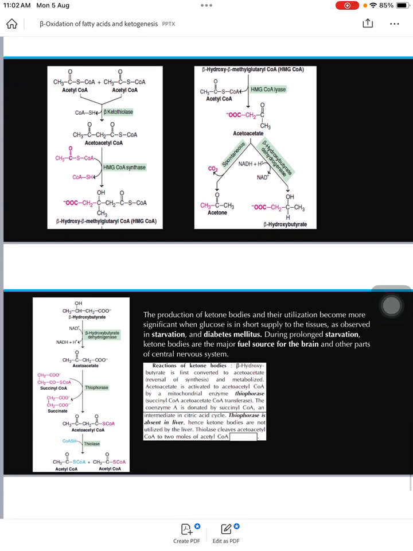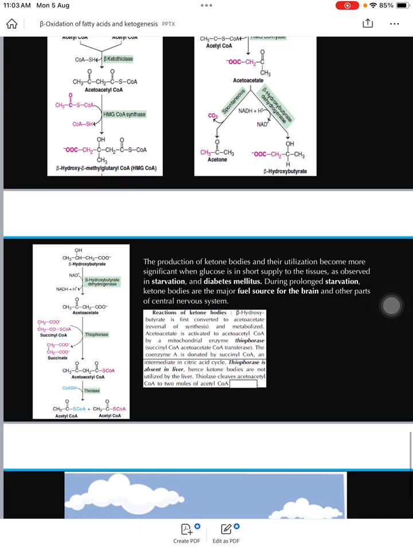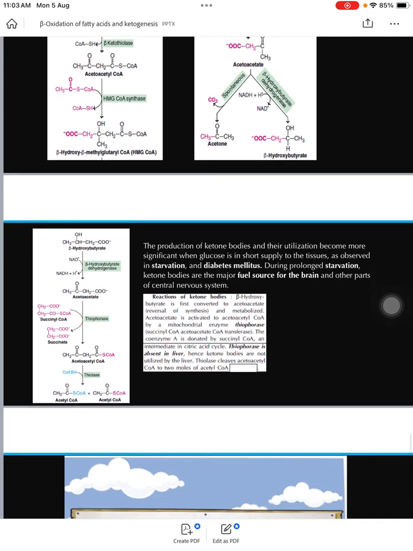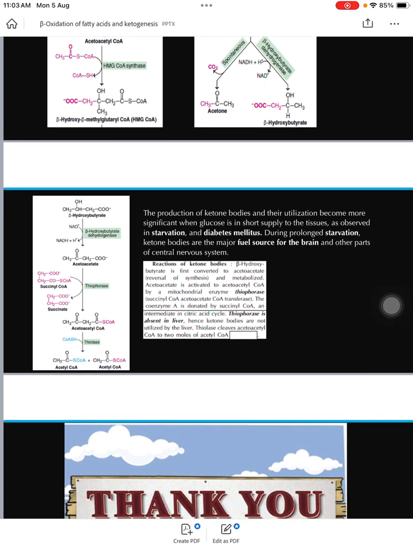Next is utilization of ketone bodies. The production of ketone bodies and their utilization becomes more significant when glucose is in short supply in the tissues, as observed in starvation and diabetes mellitus. During prolonged starvation, ketone bodies are the major fuel source for the brain and other parts of the central nervous system. The reactions of ketone bodies: